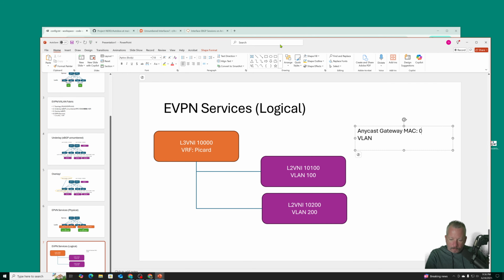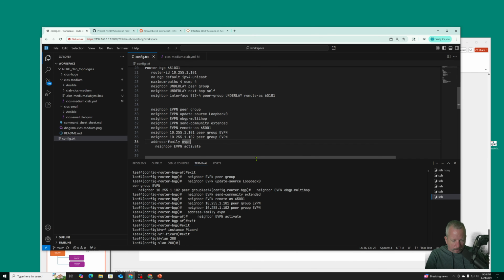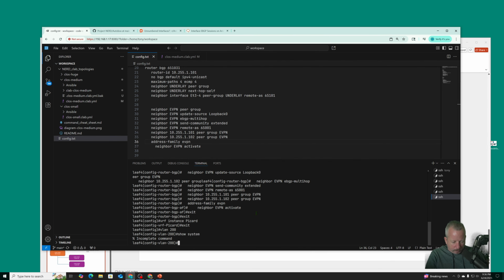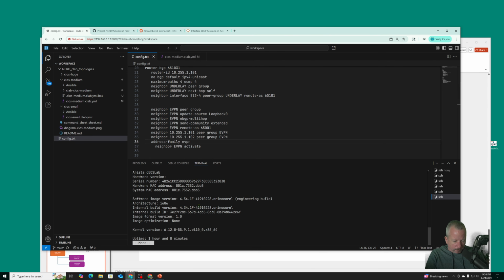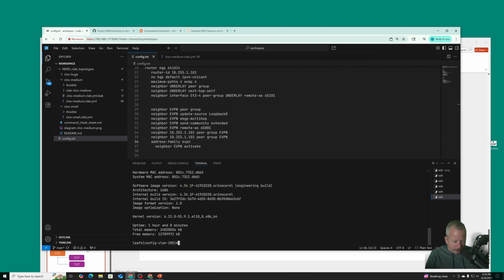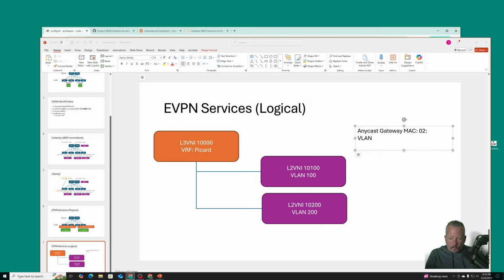Mac. So we'll do 02. Show system, show version. So whatever our system MAC address is, so this 001c73 and then 000099. Now the reason why I replaced the first octet of 00 with 02 is that 02 is known as